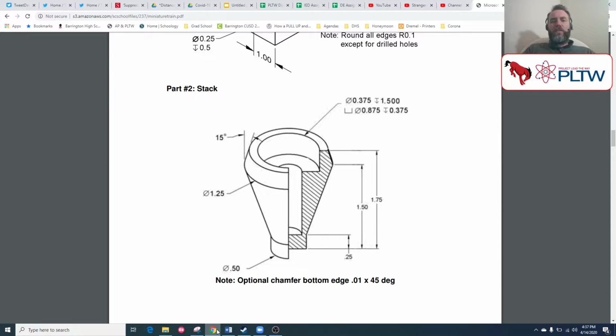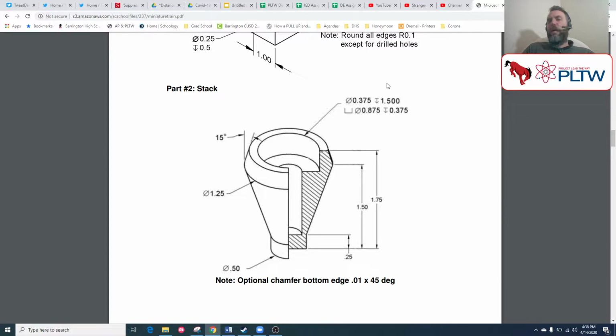All right, the next part that we want to make is the stack of the train. So it's clear that because we've got 100% cylindrical features here that we're going to do a revolve part. And notice that this revolve part has kind of this jagged inside. I'm going to ignore that because I've got this hole call out here, and I'm not certain because I don't